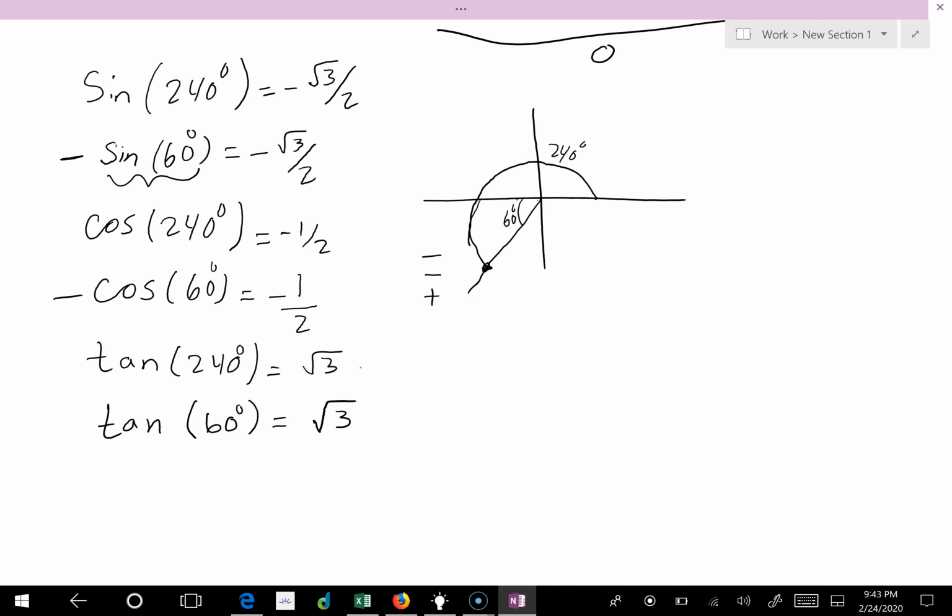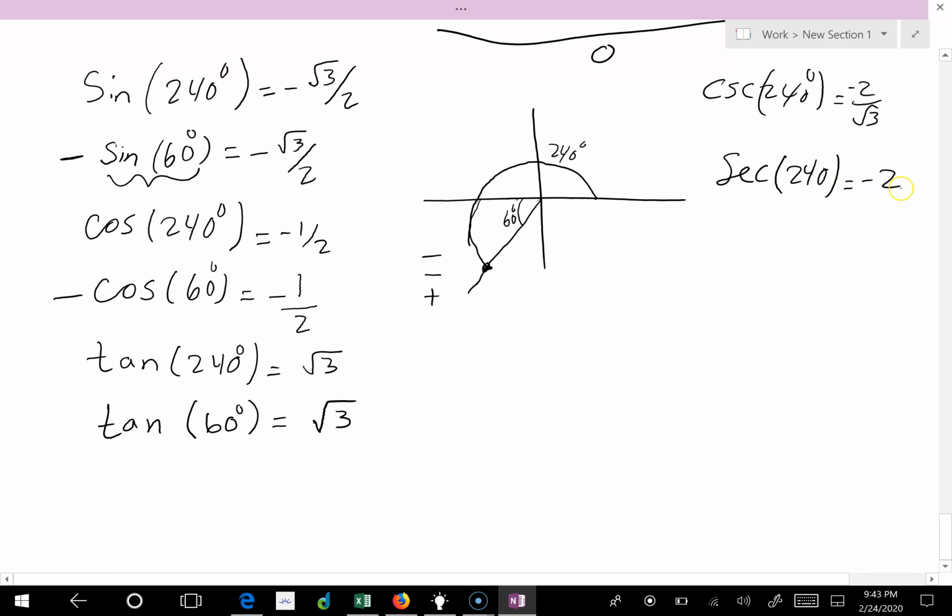Okay, then you find the cosecant, secant, and cotangent as a reciprocal of these. So cosecant 240 is negative 2 over root 3. Secant 240 is equal to negative 2. And cotangent 240 is equal to 1 over root 3. Okay. The next question, number 6. So this was number 5. Number 6